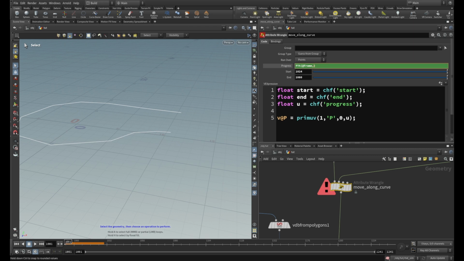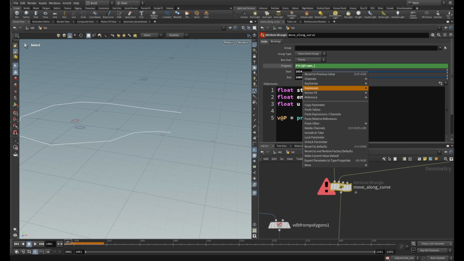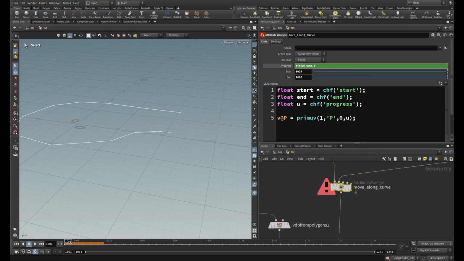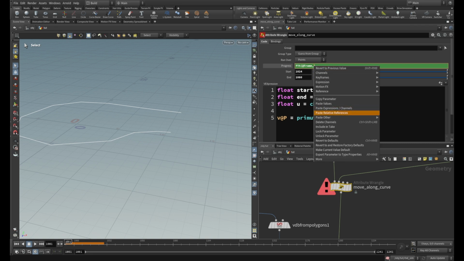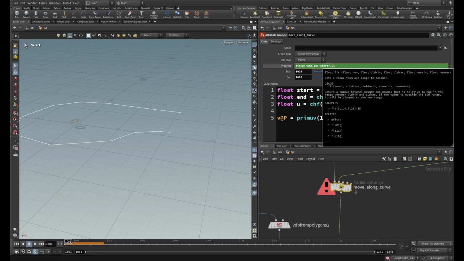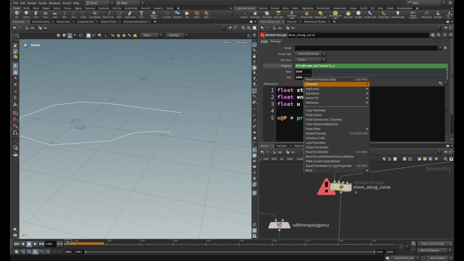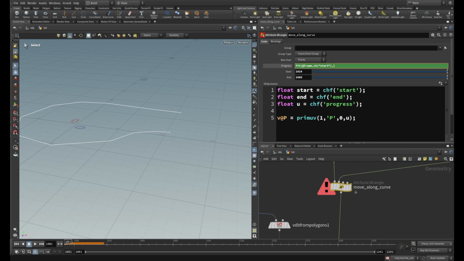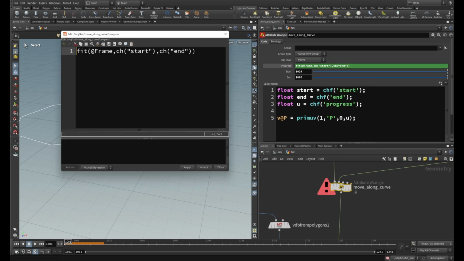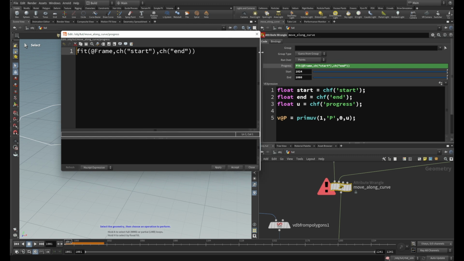I will use copy and paste here. That's why I just will do it here. I copy this parameter, click after the comma, and paste relative reference. I add a comma again, copy this parameter and paste it here. Now, if you press Alt E, it will open the external editor, and we will say here